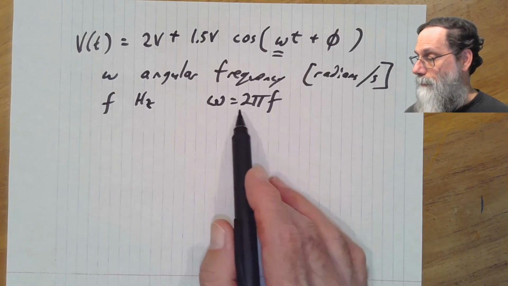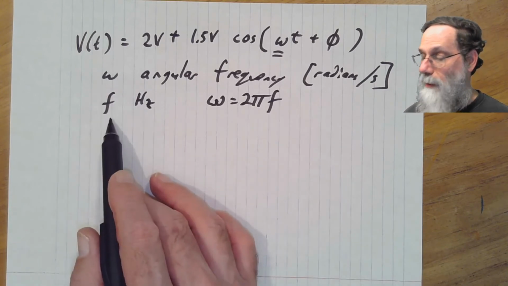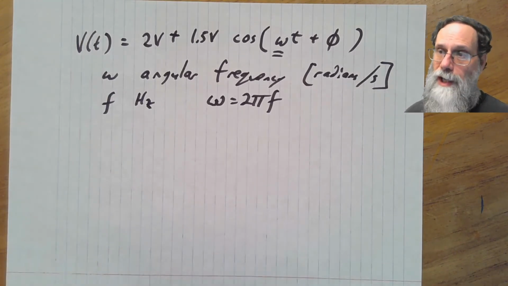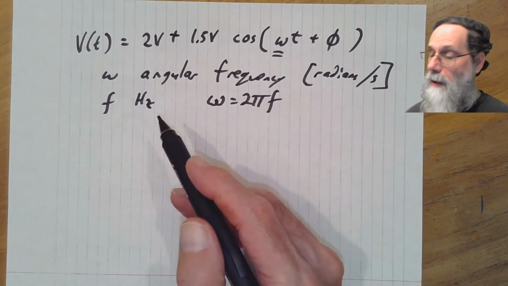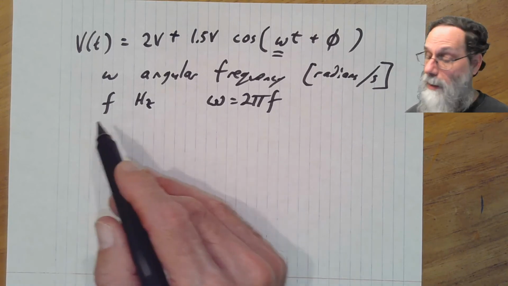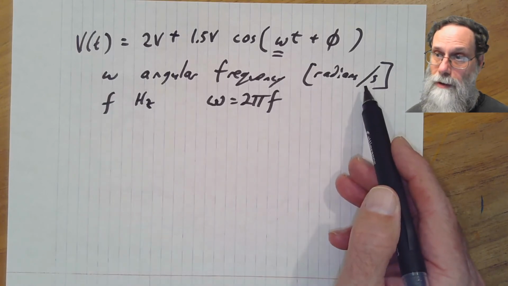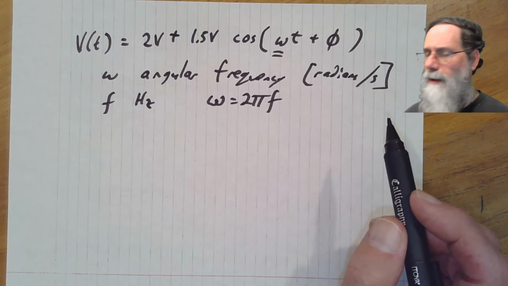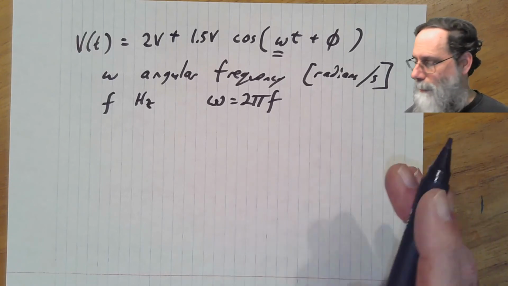So these two numbers, the angular frequency and the frequency, they carry the same information. They're basically interchangeable, except that you have to be very careful about this factor of 2 pi. And if you're talking about something in hertz, it's always going to be full cycles, because hertz means cycles per second. And if you're talking about angular frequencies, it's always going to be in radians per second. Very, very occasionally you'll see somebody using degrees rather than radians. That just confuses things. Stick with radians and your math will be much simpler.